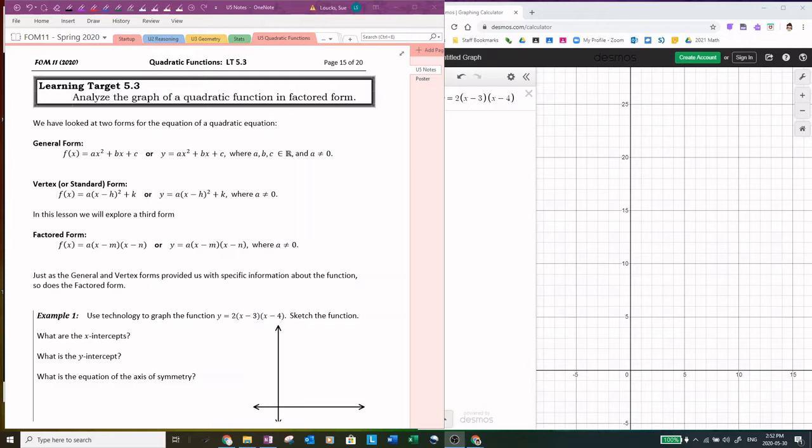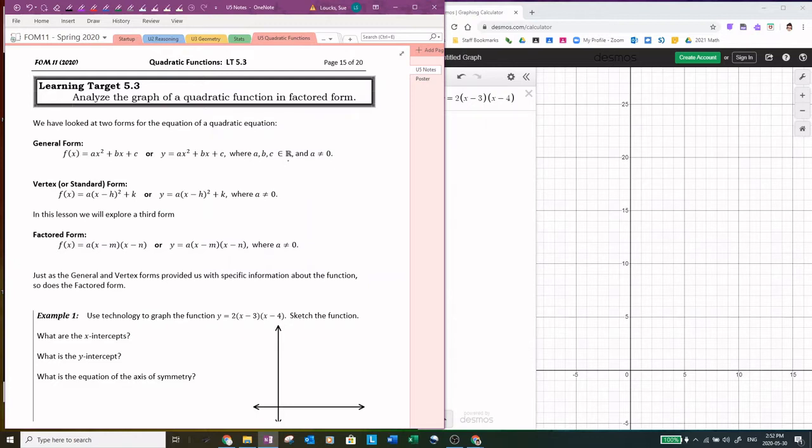All right. So far, we've looked at the general form of the equation of a quadratic function, which is f of x equals ax squared plus bx plus c. So that's this first one up here, where a, b, and c are real numbers, and a is not equal to 0. What we learned from the general form is that the a tells us whether the parabola opens up or down, how flat or shallow it is,